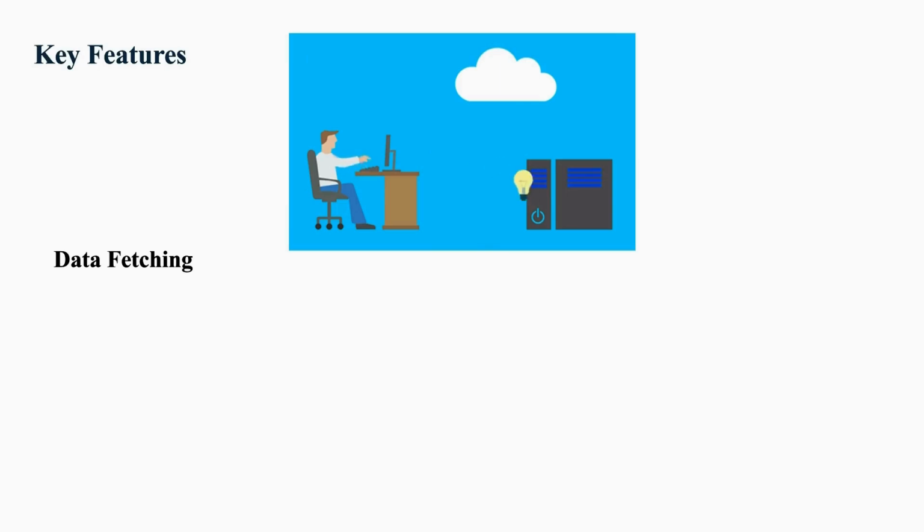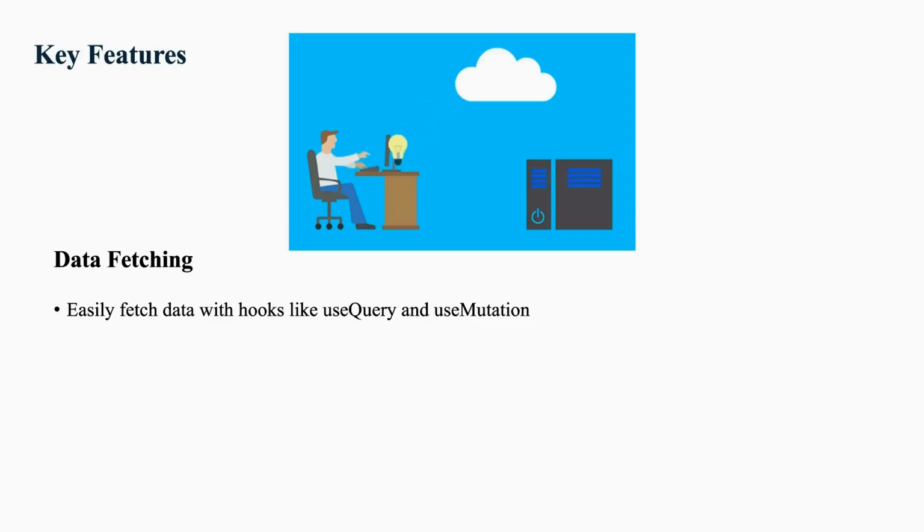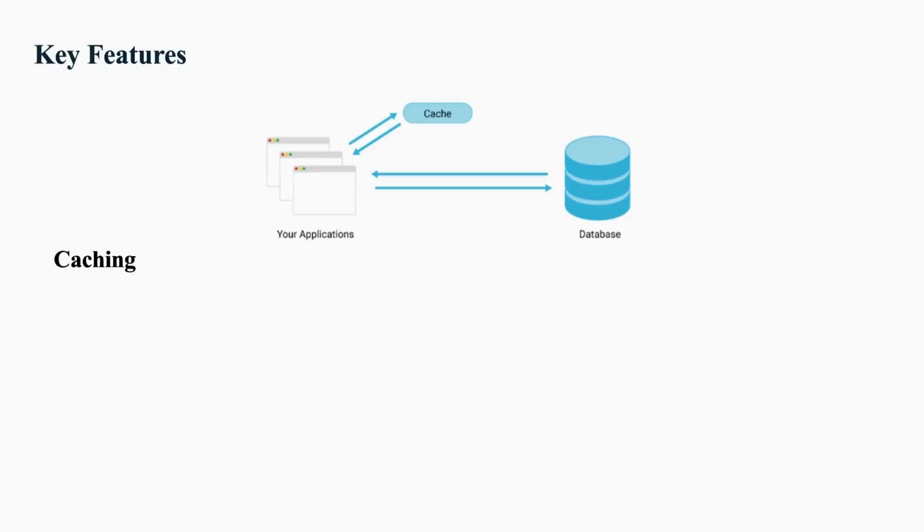Now let's look into some of its key features. As we discussed before, data fetching: easily fetch data with hooks like useQuery and useMutation. Work with any async source like REST, GraphQL, Firebase, etc. Next, another key feature is caching. It automatically caches the response and reuses it until invalidated. It means TanStack Query comes with some properties like stale, refetch on interval, refetch on mount, refetch on window focus,